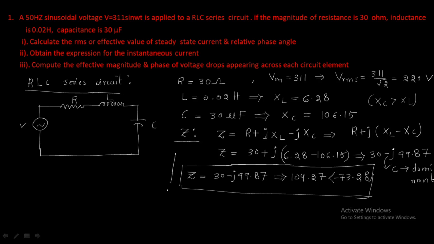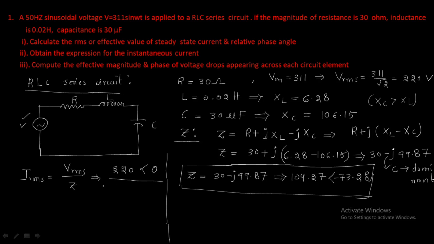So 220 volts simply. We know the voltage value and we know the impedance value. Now we will find out the current value. From that I can directly write the effective current, the RMS current. I will write it like this: Irms equals Vrms by Z. The Vrms value, you know, is 220. There is no angle, so I write it as 0.